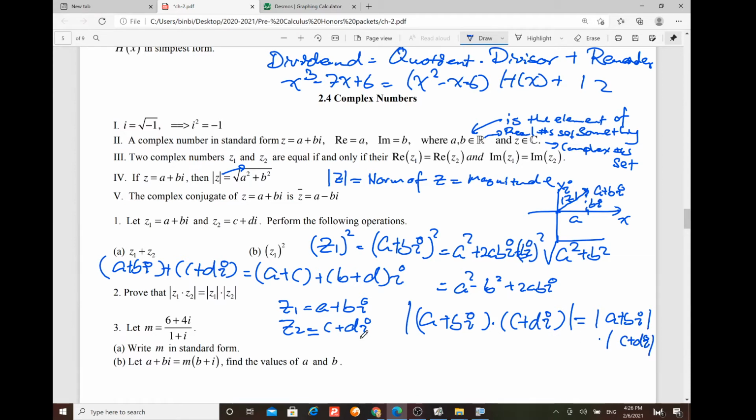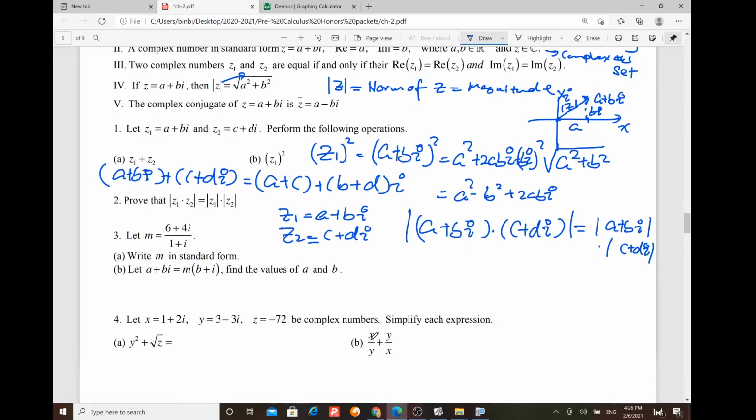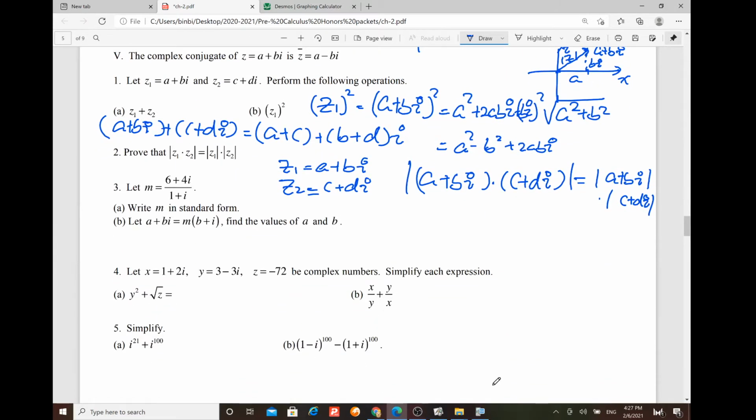Okay, so now let me put it into the new slide for this one, because I'm kind of running out of space. Okay, so let me just put it right here. So showing that the magnitude of the product z1 times z2 is the same as the magnitude of z1 times